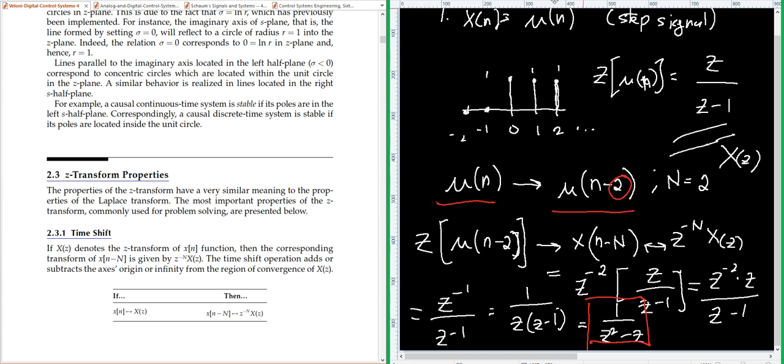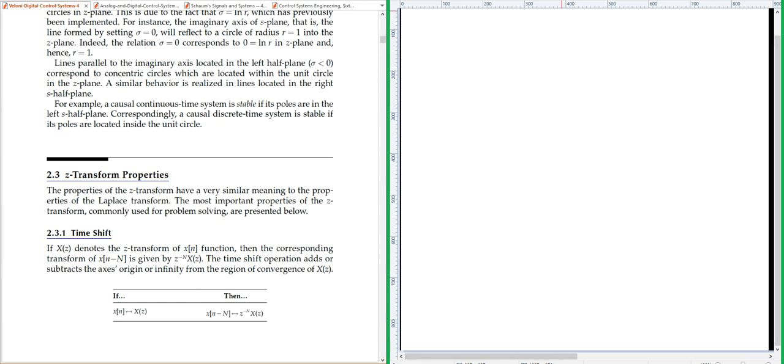Okay, so another example. Example number 2. You have mu(n). We all know that the Z transform of mu(n) is Z over Z minus 1. So if you have a shifted mu(n),